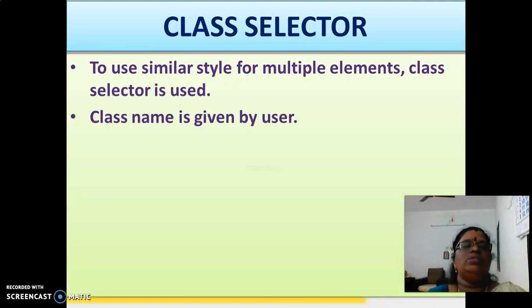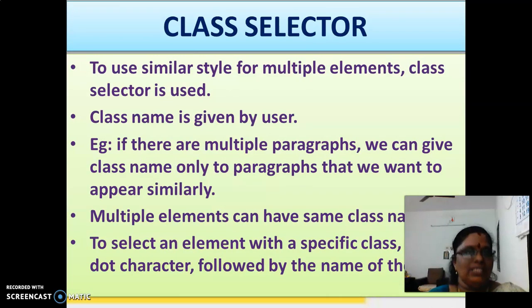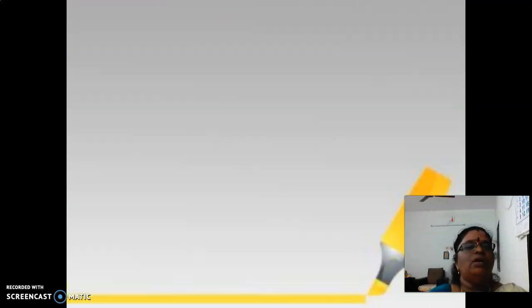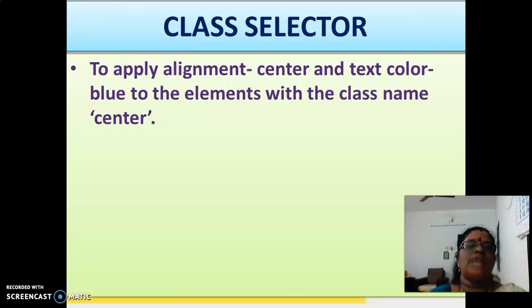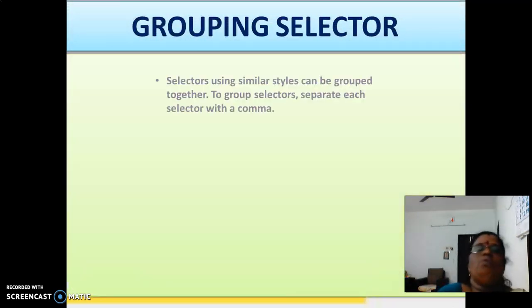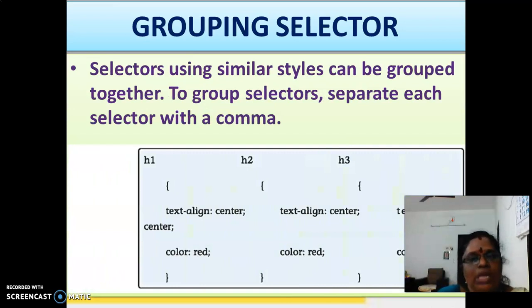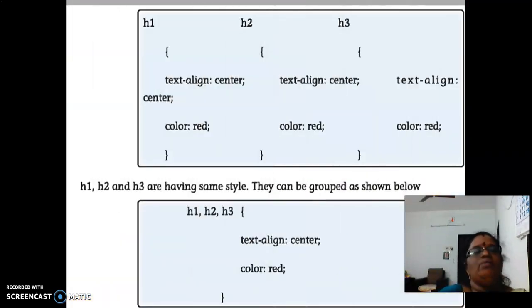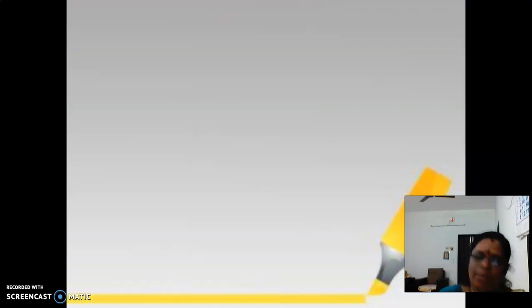The next one is the class selector. In the class selector we will have the class name. It will start with a dot and then any name for that selector. Then we have the grouping selector, grouping 1 or 2 or 3 selectors together using a comma is called a grouping selector.